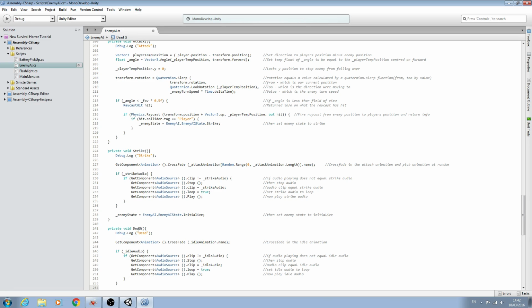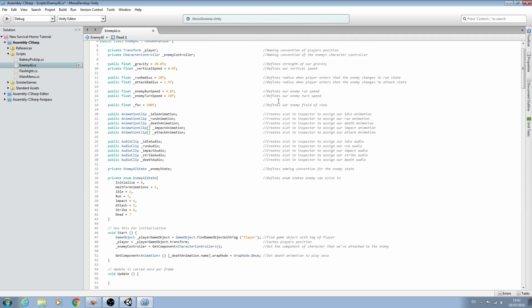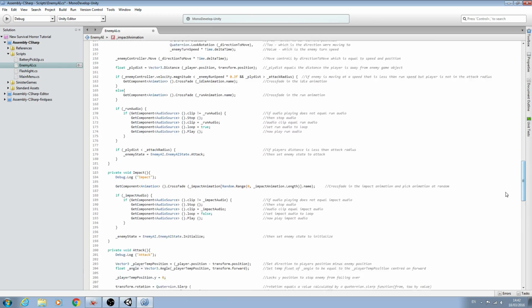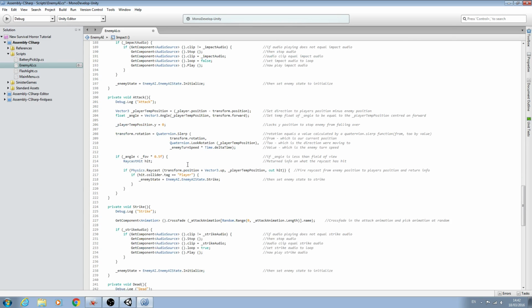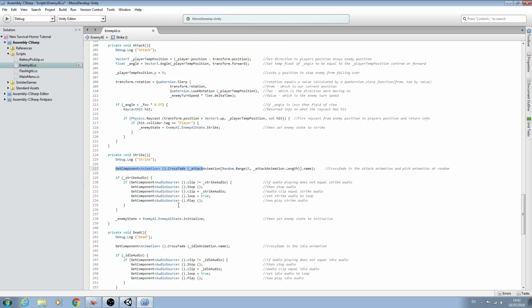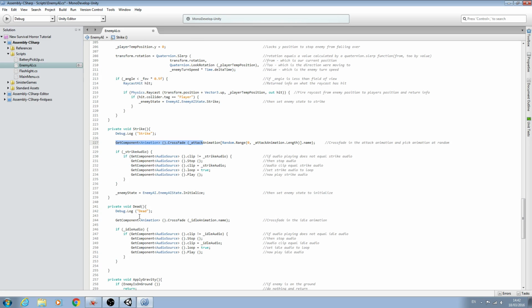Now if you have more than one def animation, rather than using this line of code, you can simply create an array like we did for the impact and attack, and if we come all the way down, we can just randomize them the same way in which we did for impact and for strike. But because I only have one animation, I'm just going to use this simple line of code and we'll swap out the variable. So we'll say _defAnimation, we'll change the comment,